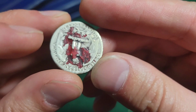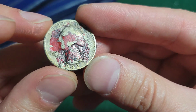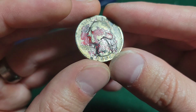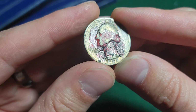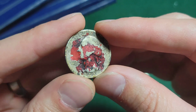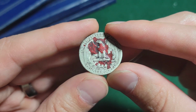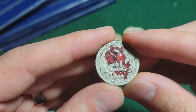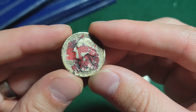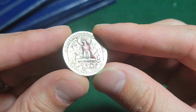Next we had the 1942 Philadelphia, and we had 102,096,000. Again, $5 approximately for the silver value, up to $675. And the best guess on why this silver quarter is red is it was